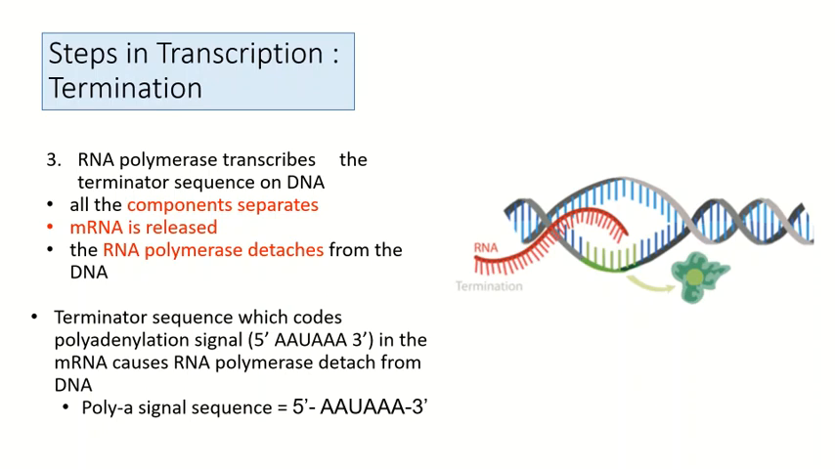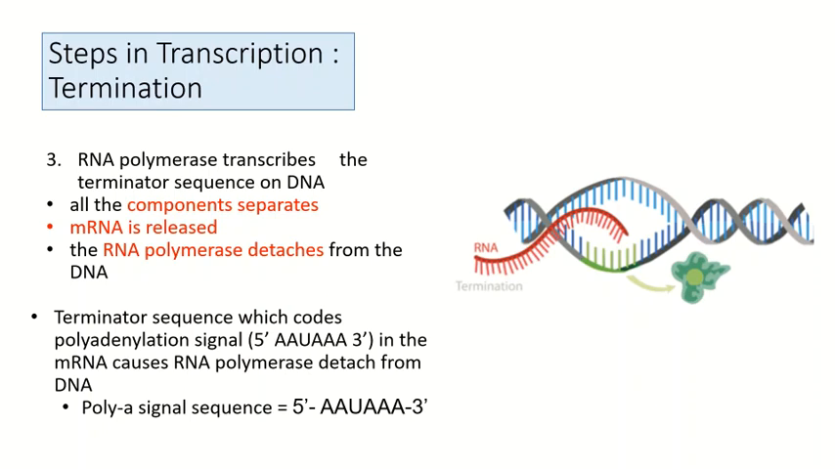So RNA polymerase transcribes the terminator sequence on DNA, and at this moment all the components will separate. The mRNA will be released and the RNA polymerase will detach from the DNA. The terminator sequence, which codes for the polyadenylation signal of 5' AAUAAA 3' in the mRNA, causes RNA polymerase to